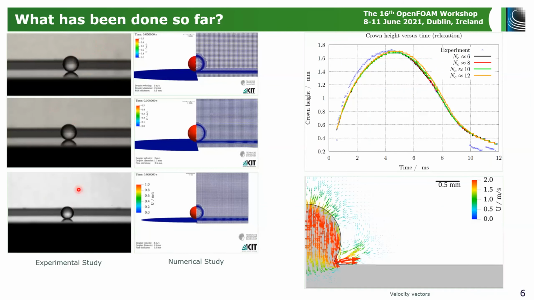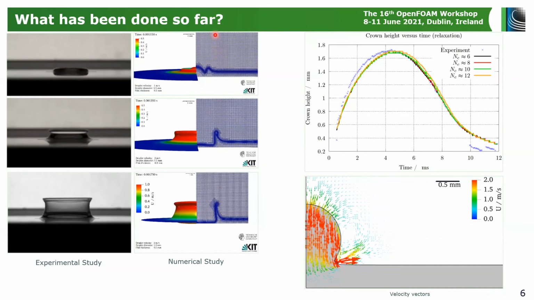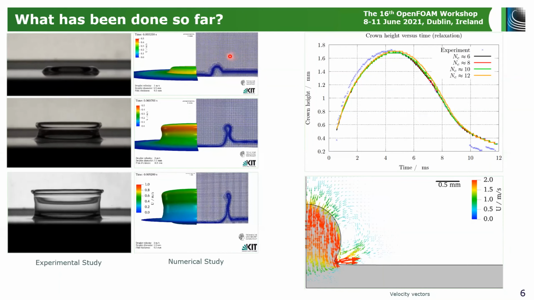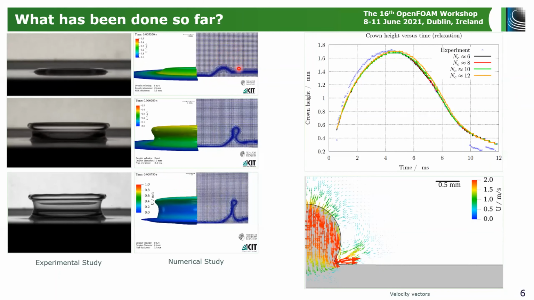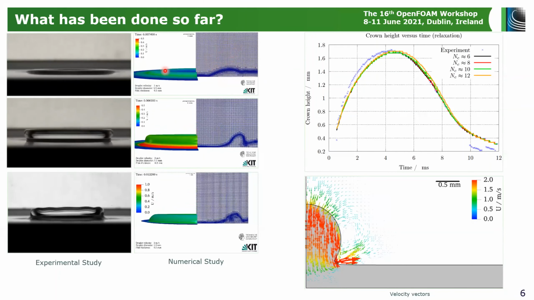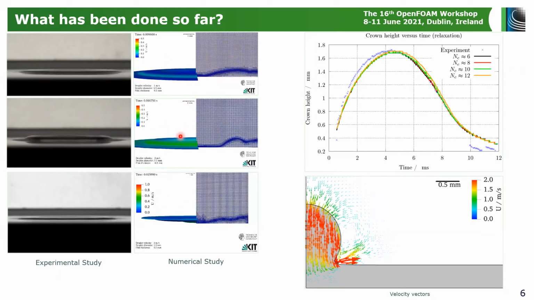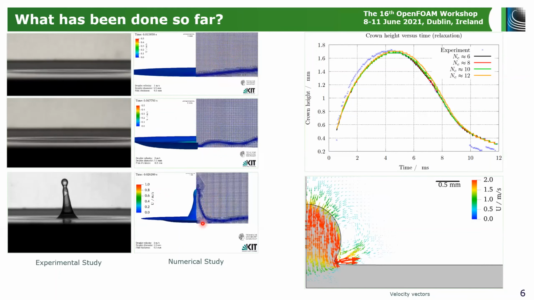On the left-hand side, you can see the experimental study from top to bottom, from low energy, moderate energy, and high energy impact. And on the right-hand side, you can see the numerical studies. These simulation results have been validated with the in-house experiments. On the right-hand side, you can see the adaptive mesh refinement that we are using. On the left-hand side, you can see the interface, which is colored by the velocity magnitude. We can see that we are able to capture the most dominant physical features, for example, generation of the jet, or generation of a dome structure in both experiment and the simulation with a sufficient degree of accuracy.